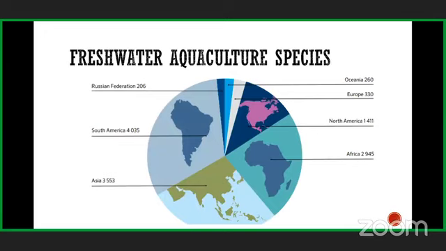To start with, here you can see that species diversification has become one of the successful reasons to achieve higher growth in the aquaculture segment. Asia being the highest contributor in aquaculture, we can see that the number of species is comparatively higher. I will brief some values in my subsequent slides, so that you will have some idea what is going on in world aquaculture, and what is going on in our Indian aquaculture. So overall, I will brief about the scenario.